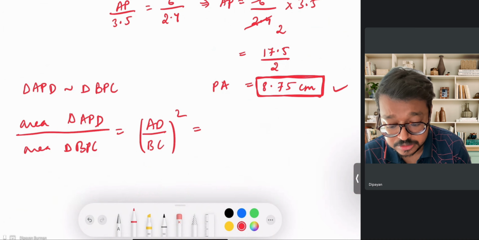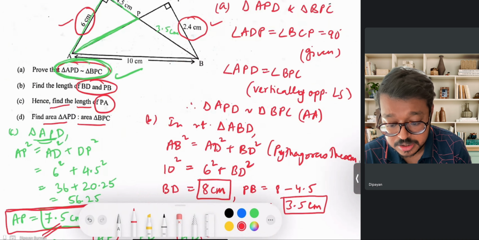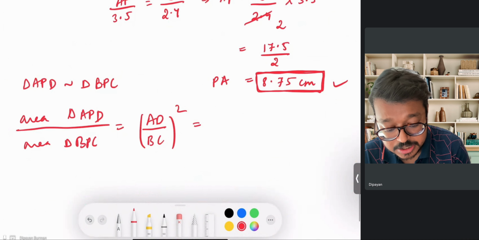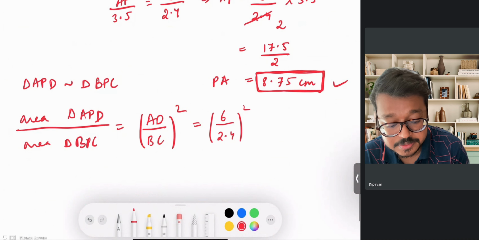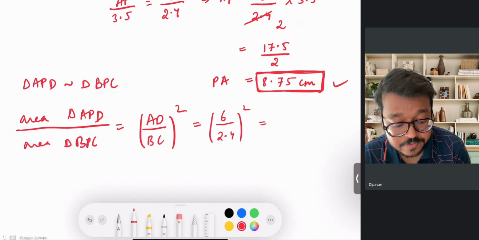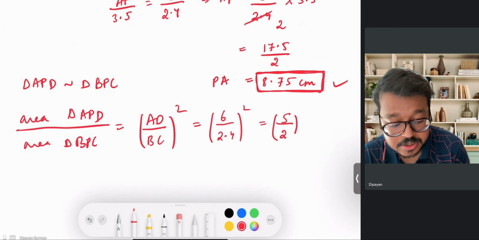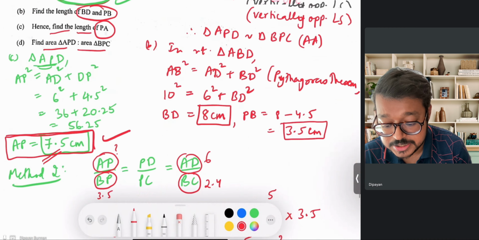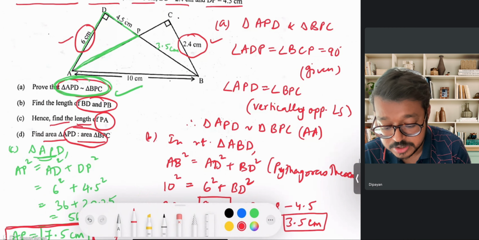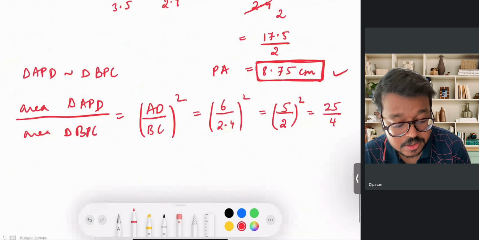And the length of AD is 6 and BC is 2.4. So square of this, 6 by 2.4 is 5 by 2. So square of 5 by 2 is 25 by 4. And the question has asked me in the ratio format, so I will rewrite this as 25